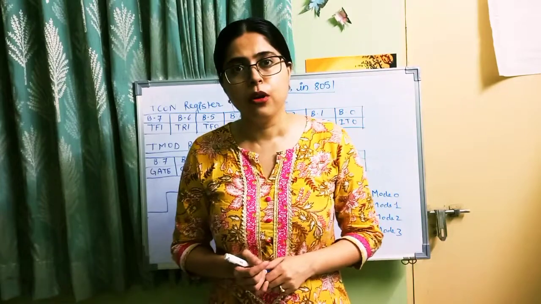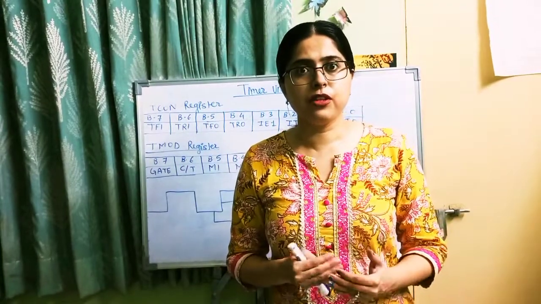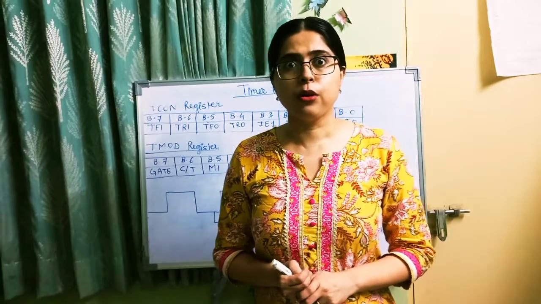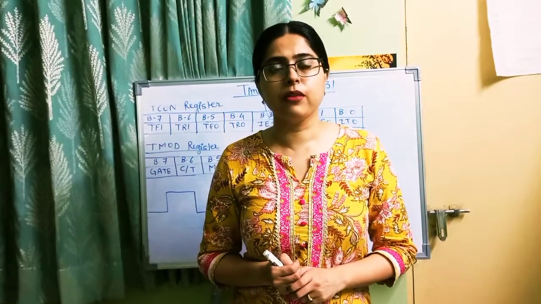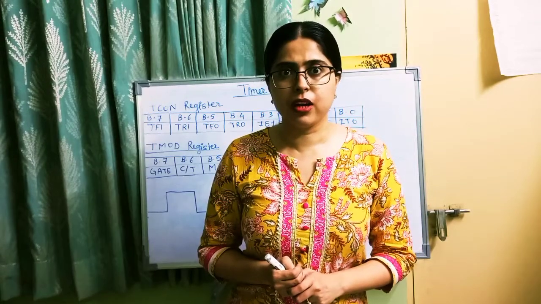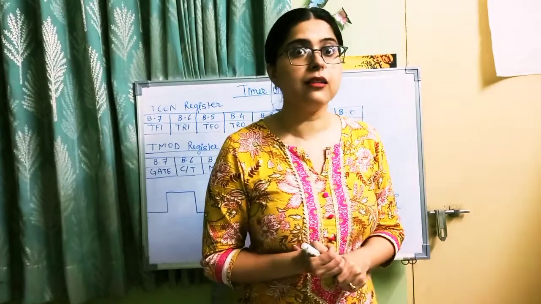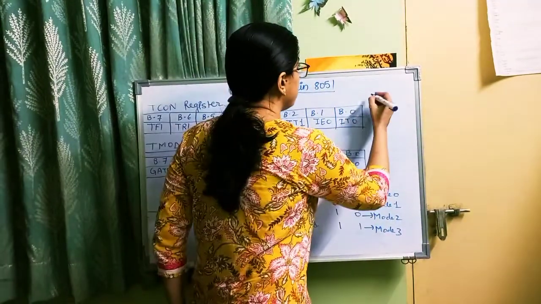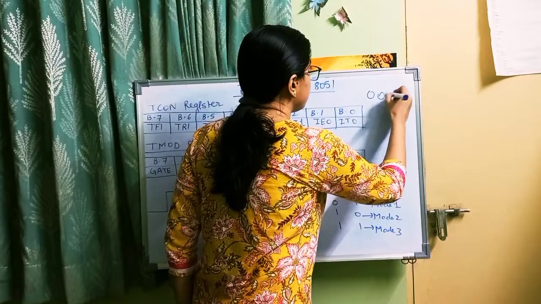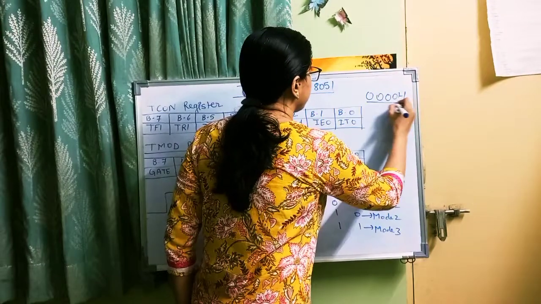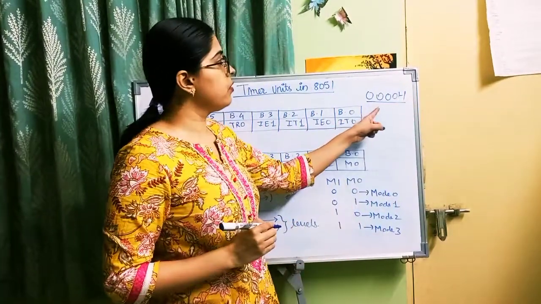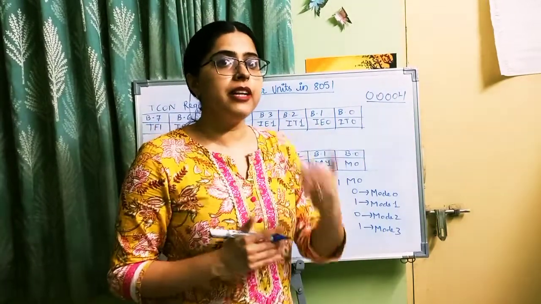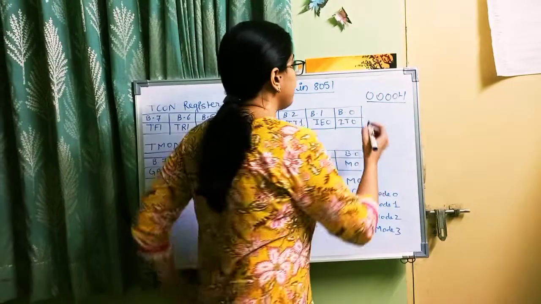Now there is one more concept related to timer 0 and timer 1, that is overflow. We all know that in timer 0 and timer 1 we can store 16-bit data. Now assume that the 16-bit data 0000H is stored in timer 0 or timer 1. Now it will be incremented by 1. After incrementing by 1 it becomes